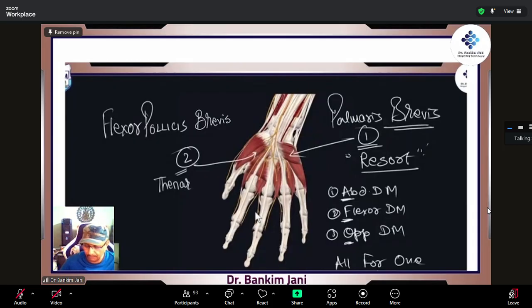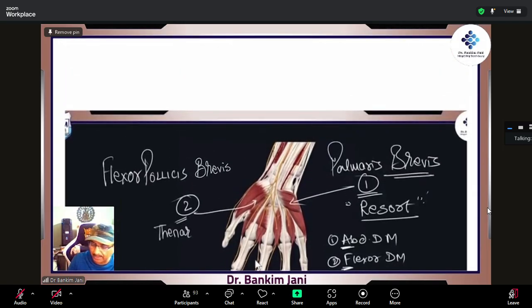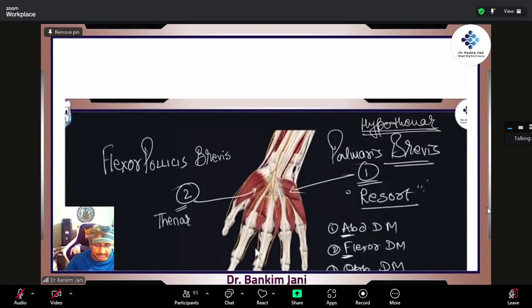All for one, and this one, we are talking about the hypothenar, correct? On this side, we talked about flexor pollicis brevis on the thinner side. The other one was abductor pollicis brevis, if you want to fill in the blanks, right? All for one, and then there was opponens